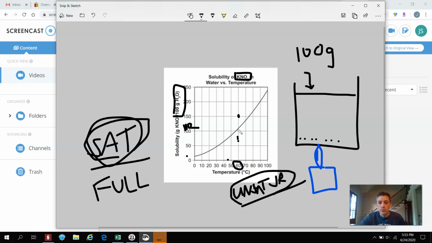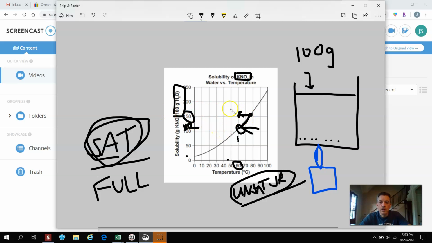What would have to happen is we would actually have to heat the water up to at least this point to get that 150 grams to be able to dissolve, because that's the saturation point. And then what we would need to do is cool the water back off. And if this is done under very specific circumstances, the amount of KNO3 that we dissolved actually would stay dissolved. And so as it cools, it should only be able to hold this amount, but it would still have